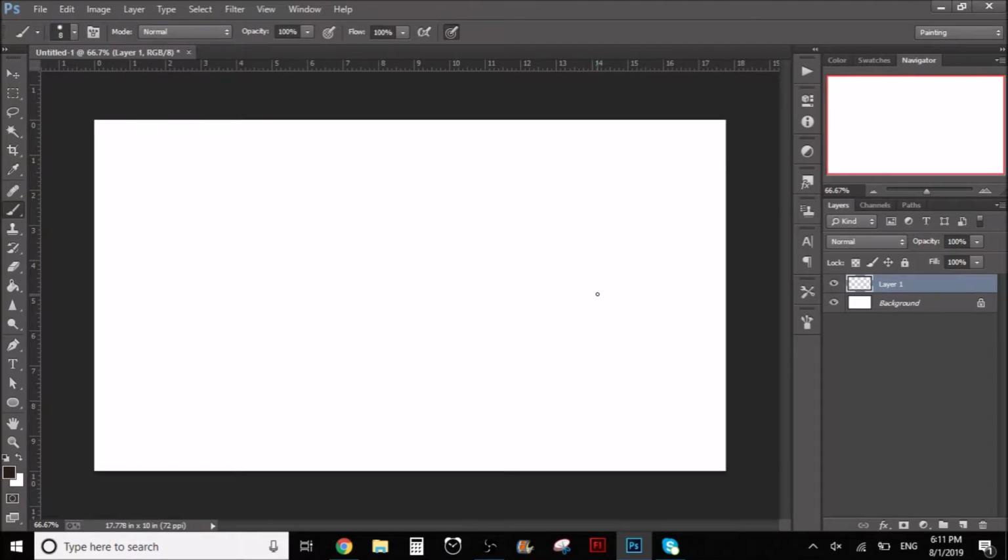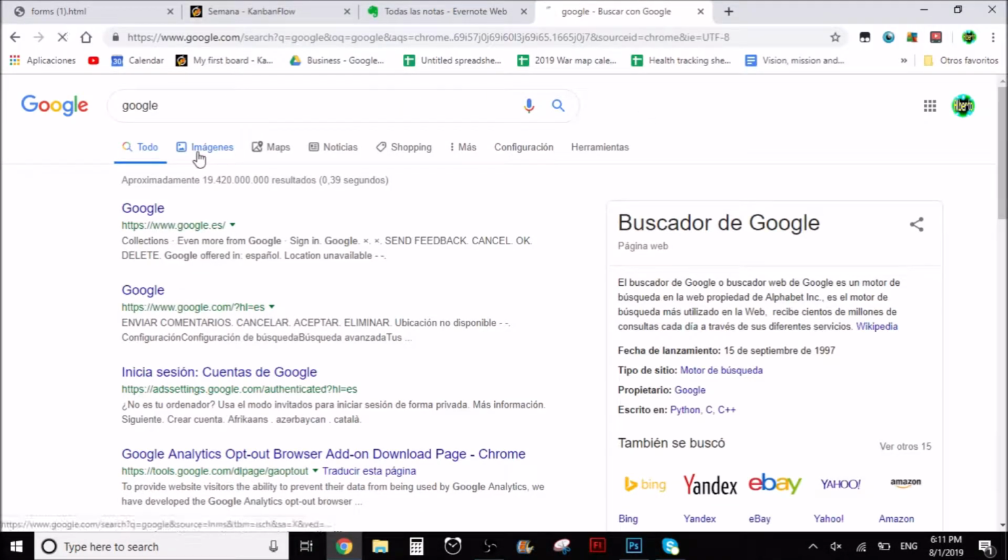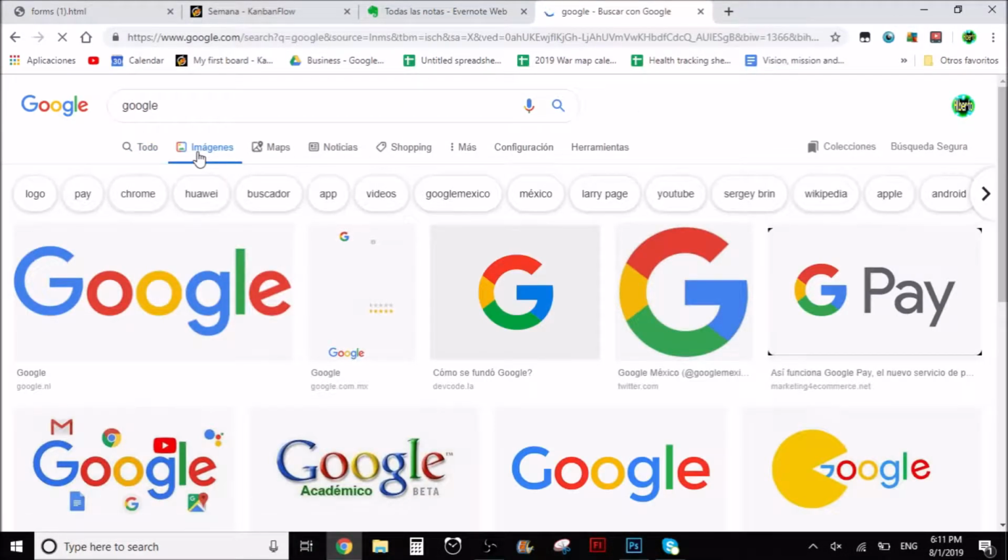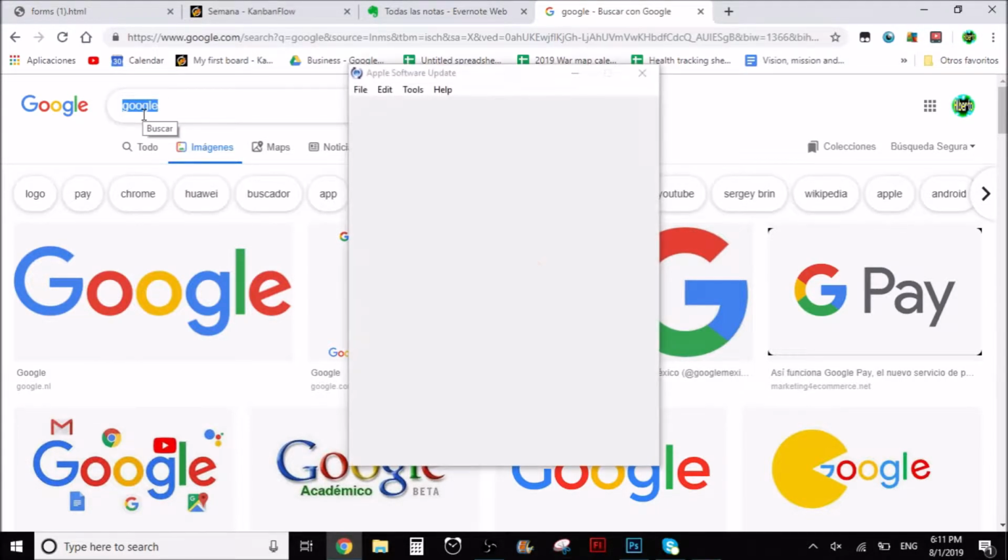Today we're going to talk about how to create a cool texture in Photoshop, especially for backgrounds and that kind of stuff. So let's crack into it. You know what I'm saying? Let's get it cracking out here for real. So first, we're going to go to Google and just search for